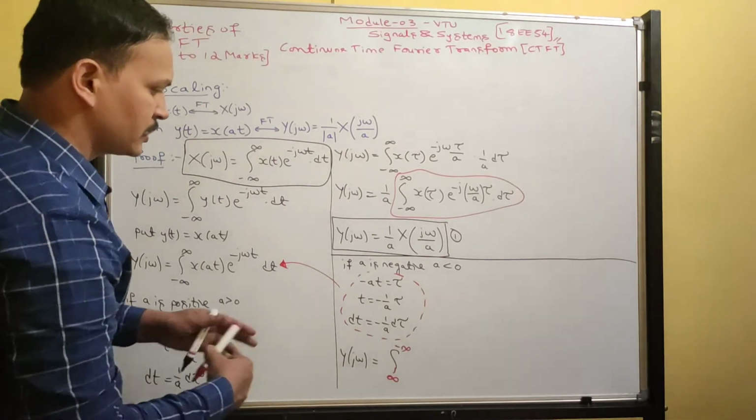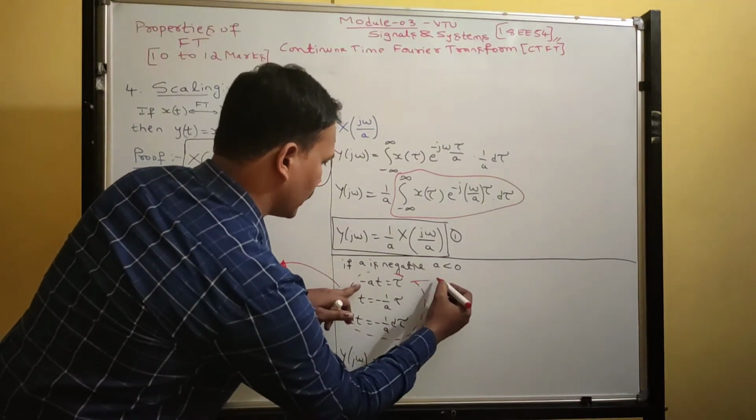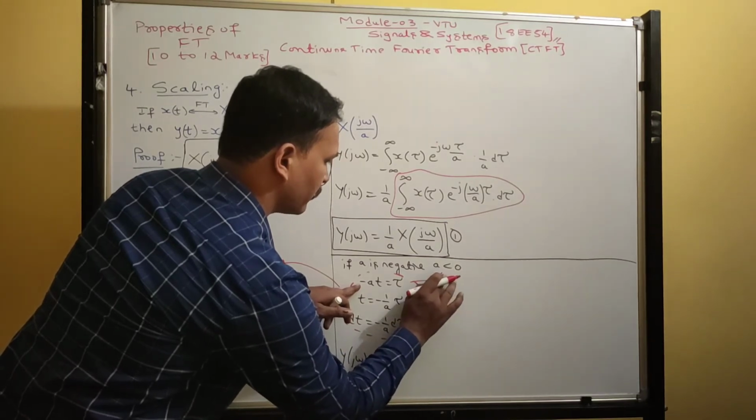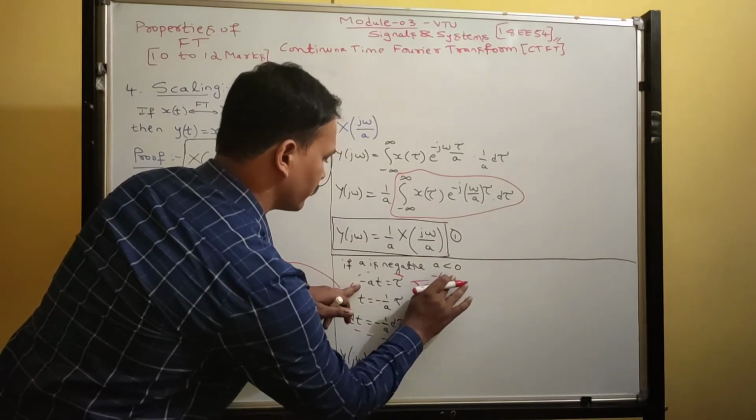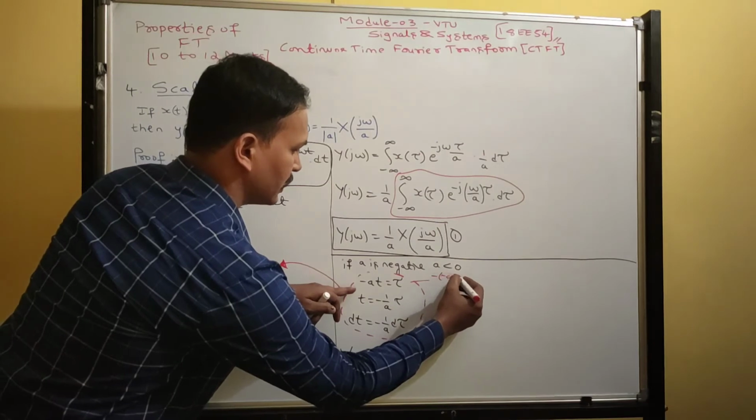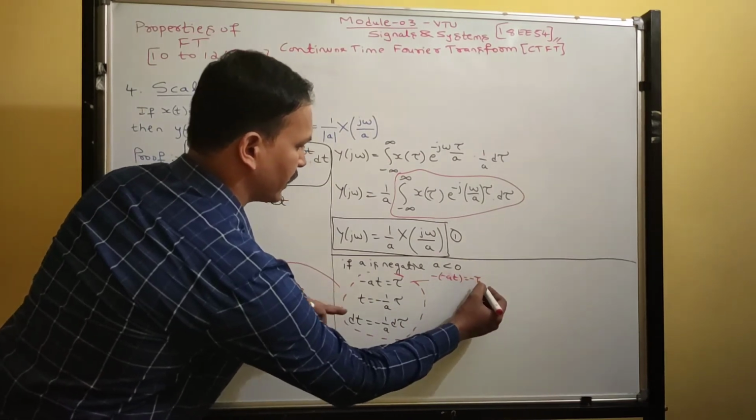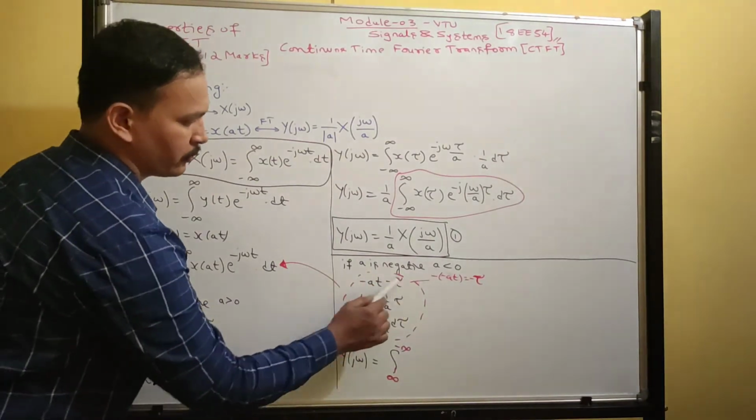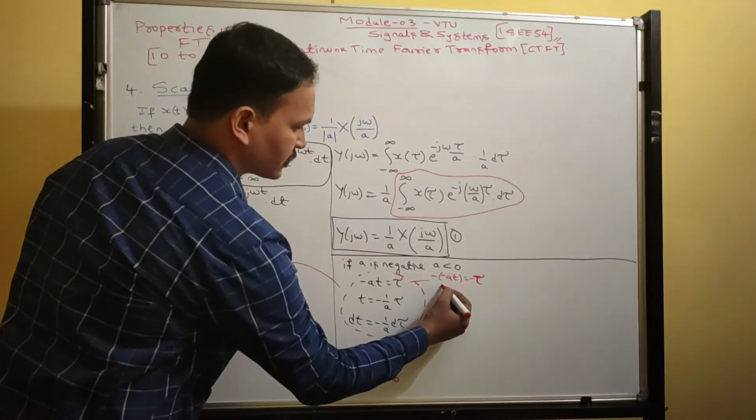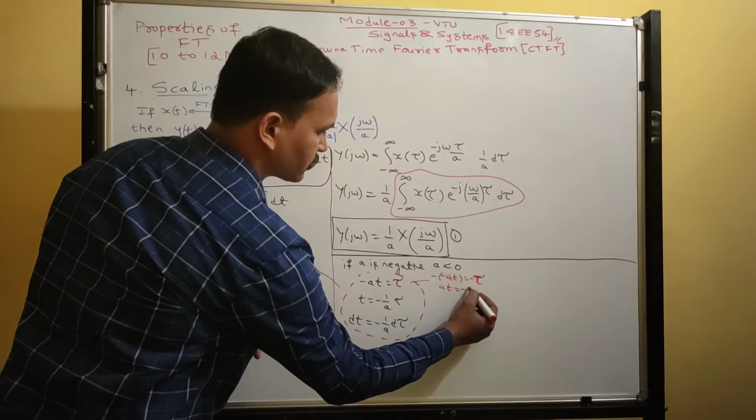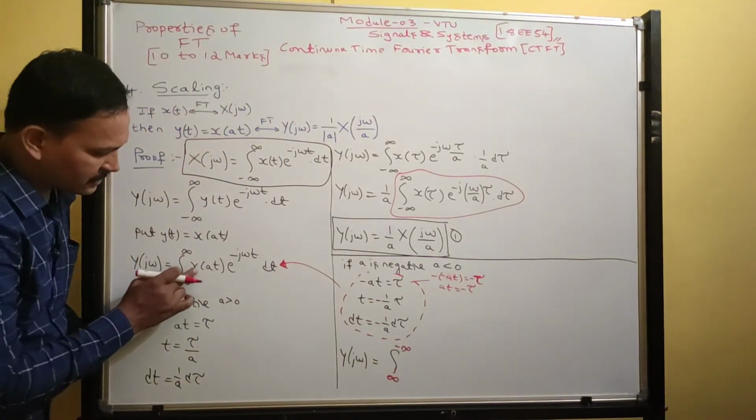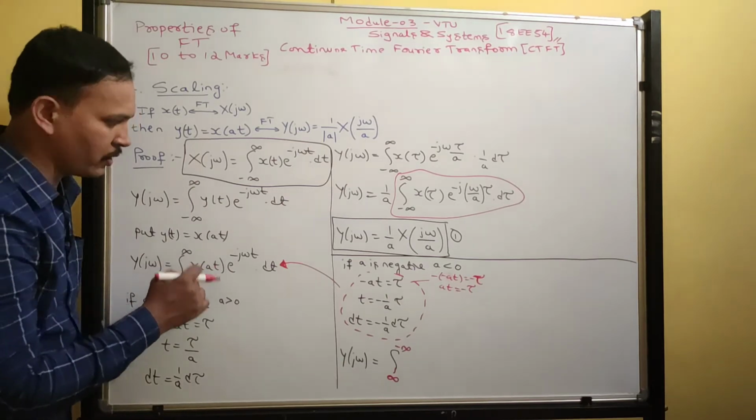Minus tau. See, for this equation, multiply by minus. Minus at is equal to minus tau. We multiplied both sides by minus. Now minus into minus is what? At. Now at becomes minus tau. So therefore this bracket x of at will become